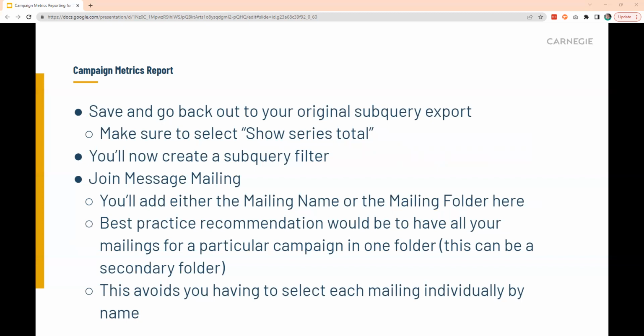Make sure to select show series total so that you can see, for the campaign as a whole, those final numbers. And then you'll now create a subquery filter. You'll join to message mailing. You'll add either the mailing name or the mailing folder here. This is really where our